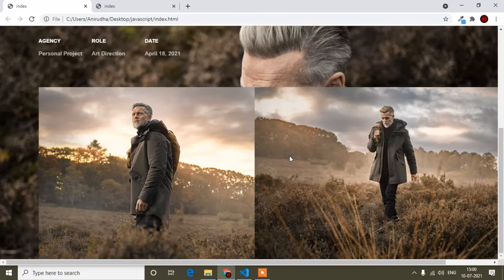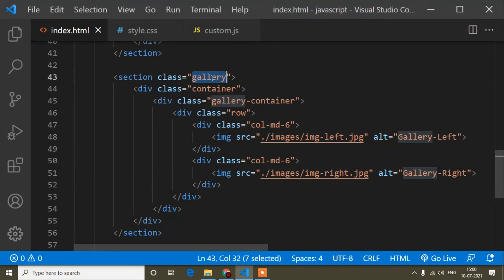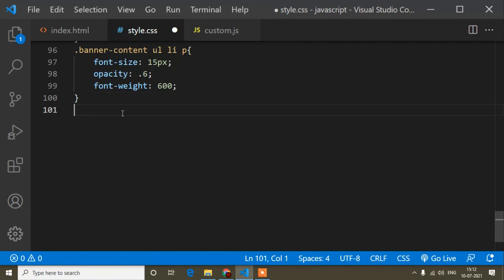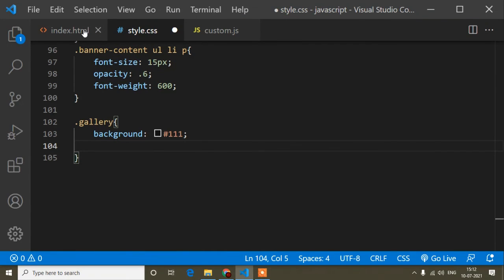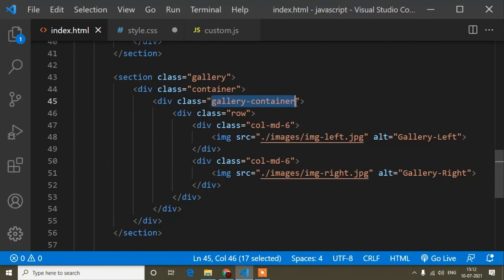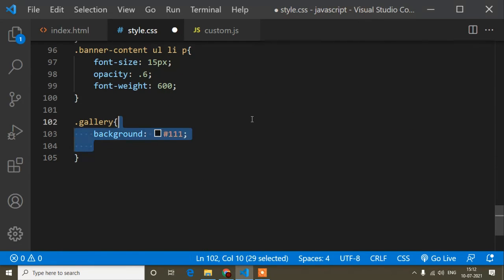Now I will add the CSS properties. First of all I will add the CSS for this gallery. I will copy this gallery and paste it here, and first of all I will write the background, that is this color code. Now I will copy this gallery container and paste here, and add padding 100 pixel 0 and the border top.